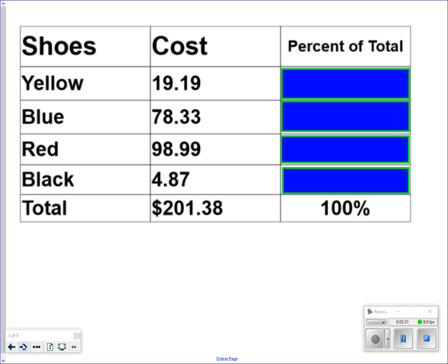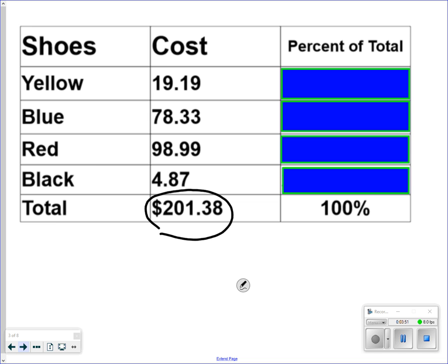Okay. Here's another one. We're buying some shoes. We got some yellow shoes, some blue shoes, some red shoes, and we got some black shoes. The total cost of all these shoes is $200.38. I want to know what percent of the total are yellow shoes. Well, yellow shoes are